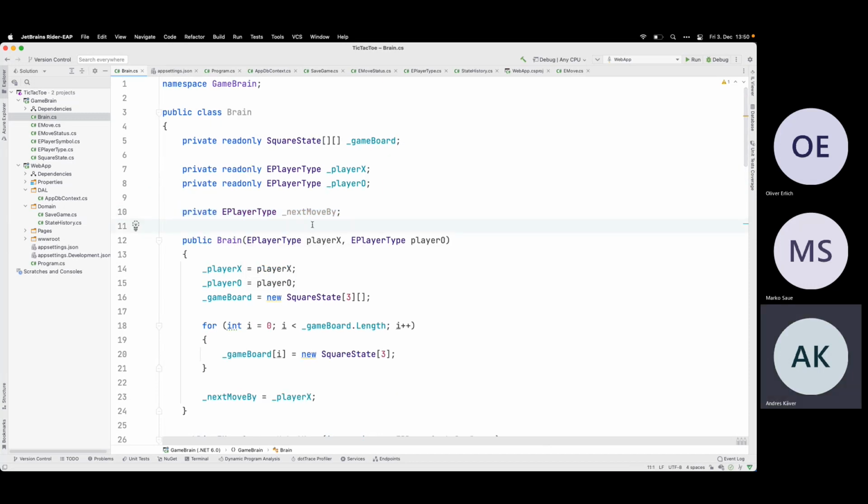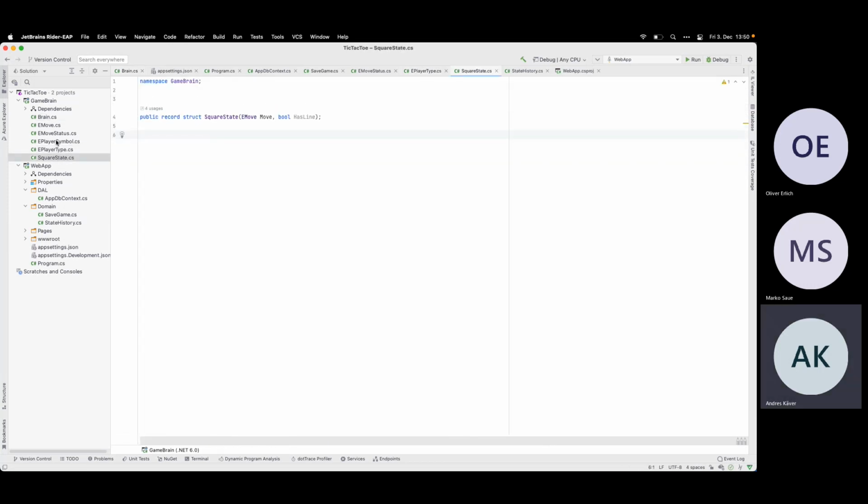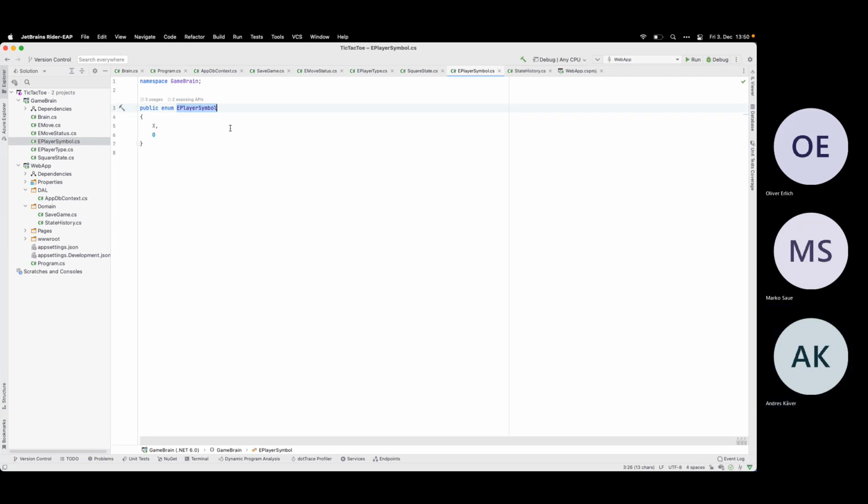So okay, if I keep it in the history, then I need this E player type, the next move by. Oh no, I need the other one. No, I need basically this E player symbol, so I can then restore who is making the next move.